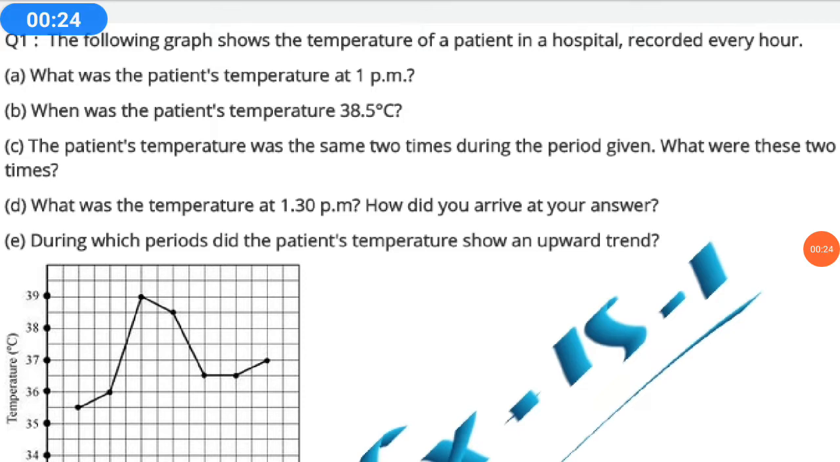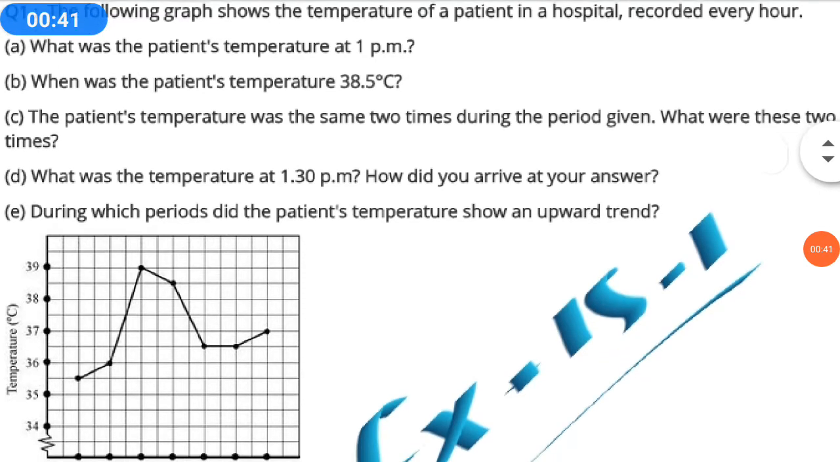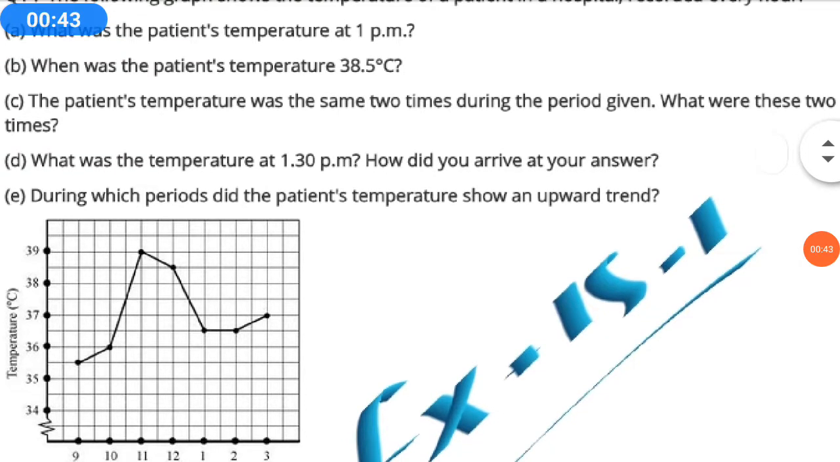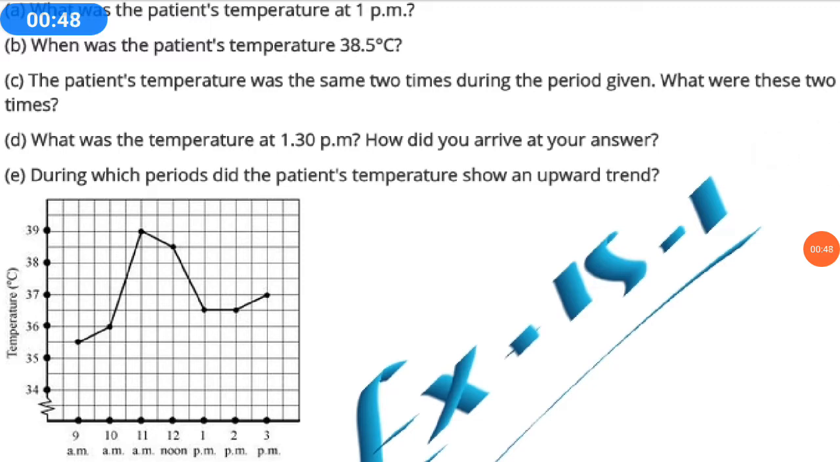What is the first question here? The following graph shows the temperature of a patient in a hospital recorded every hour. What was the patient's temperature at 1 pm? Second, when was the patient's temperature 38.5 degrees? Then the patient's temperature was the same 2 times during the period. What were these 2 times? What was the temperature at 1:30? How did you arrive at your answer? During which period did the patient's temperature show an